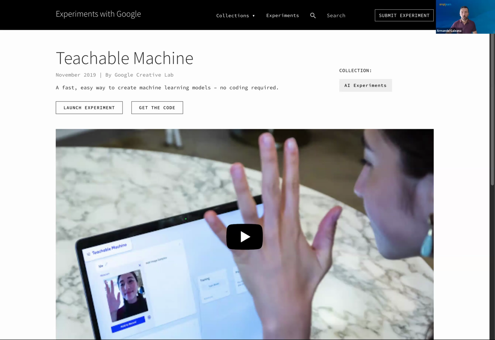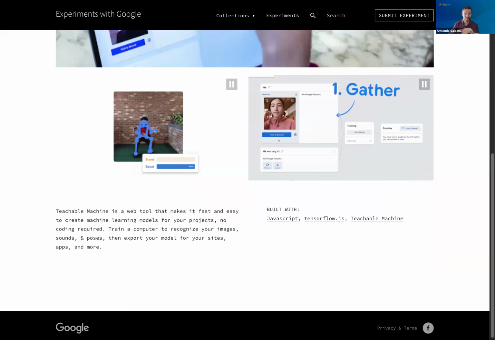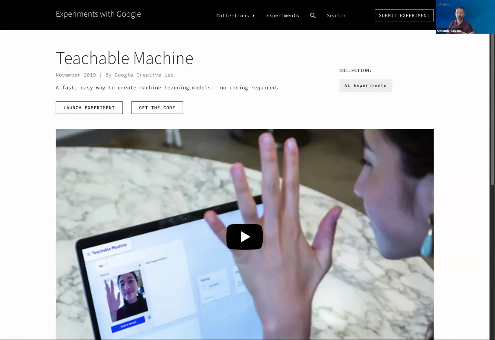Teachable is also from Google. And this is pretty much for you to do very quick prototyping for image, audio, or classification. Now, it is even easier to use than Google Cloud. It is mainly for educational purposes. Again, no code required. Now, on the downside, it has limited scalability.